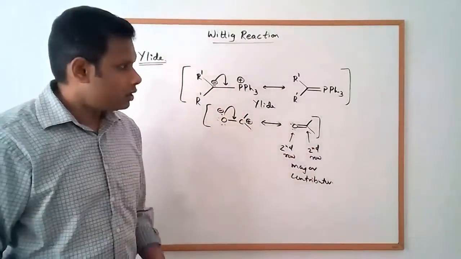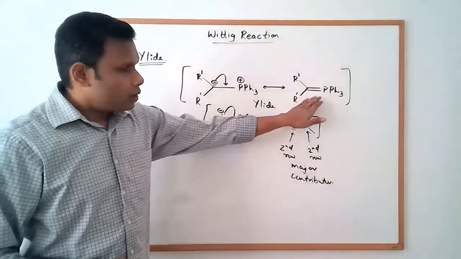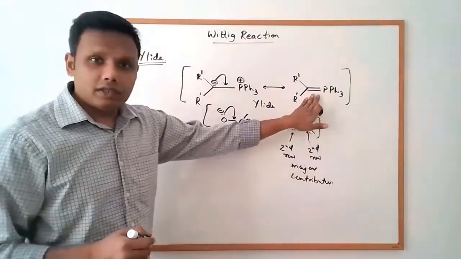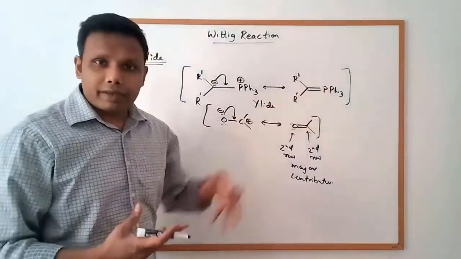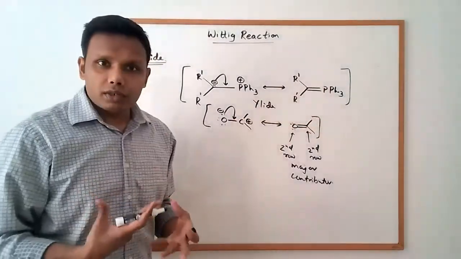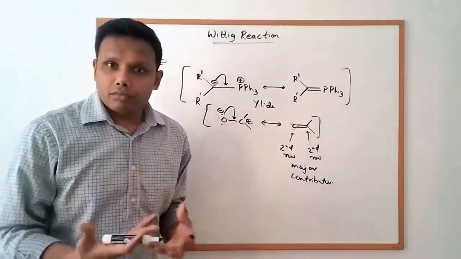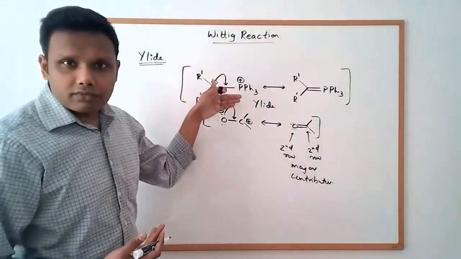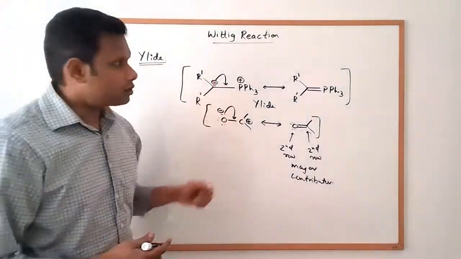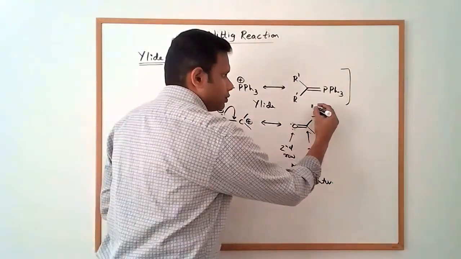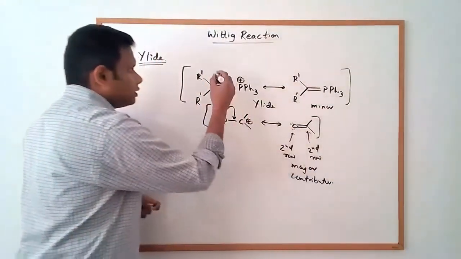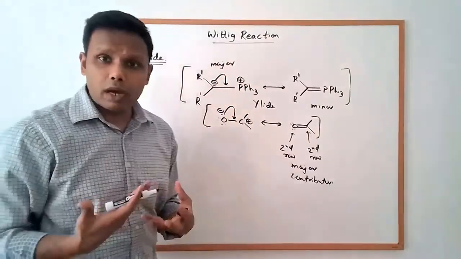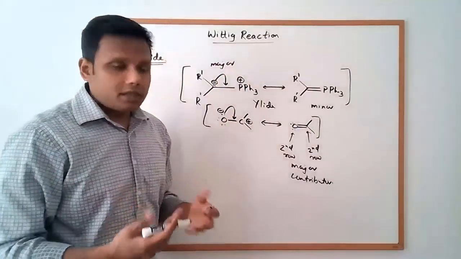Now, if you compare it to the ylid structure, it may seem like this is also a neutral structure, has maximized the number of bonds and everything. So this might be a major contributor, but it's not. Actually, the charged form of the ylid is the major contributor. This neutral form is a minor contributor to resonance, and this is the major contributor. Now, why would that be so? And the reason is,